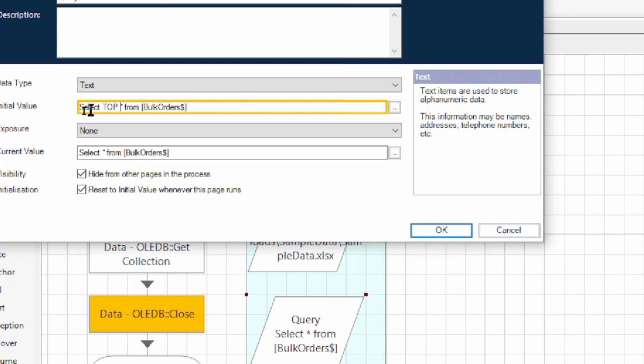Instead of reading all the Excel in one step, we will read the Excel in multiple steps. We will read 10,000 rows, or we can read 20,000 rows. Again, it depends upon the configuration of your system. If your system is fine with 10,000 rows, then you can go with 10,000. Read the first 10,000, then next, then next, like this. We are going to select 1,000 rows from the bulk order sheet.